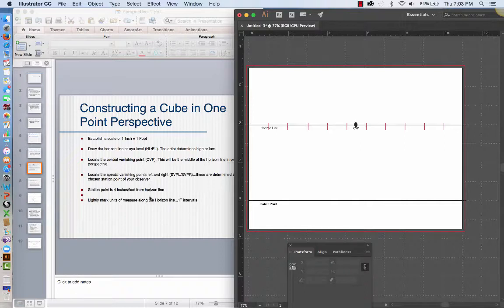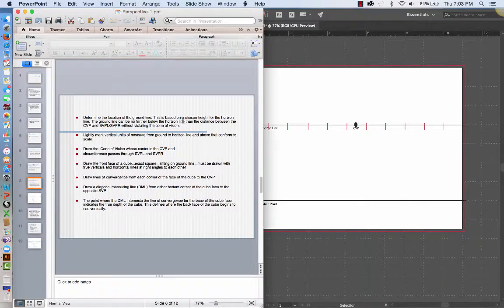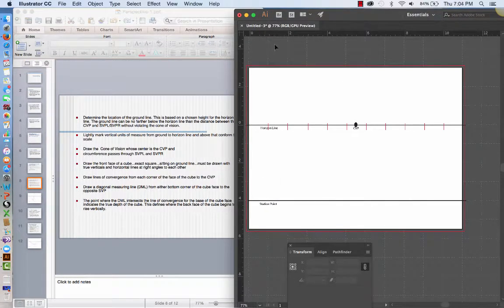Now what we need to do is go to the next point, and we've already created the ground line at the same place as the station point is, and so we are going to go on to the next one, which is lightly mark vertical units of measure from the ground to the horizon line and above that conform to the scale. So I'm going to, again, where my tools go,